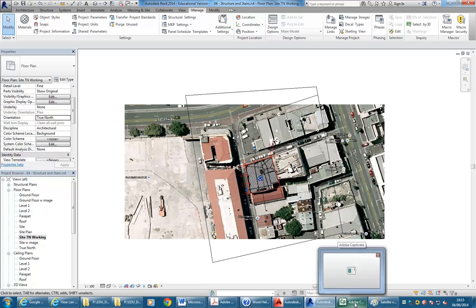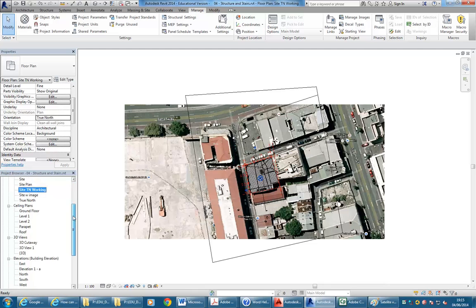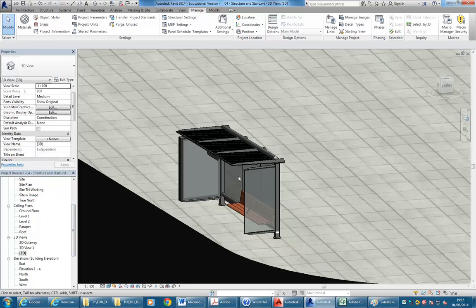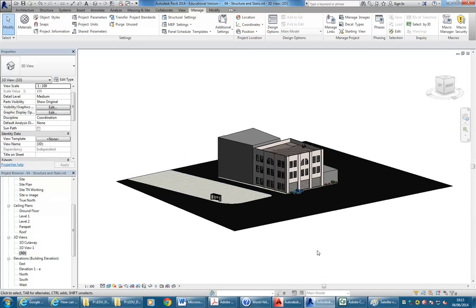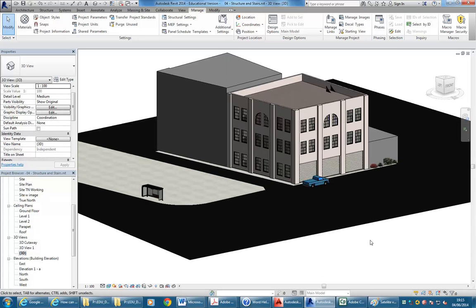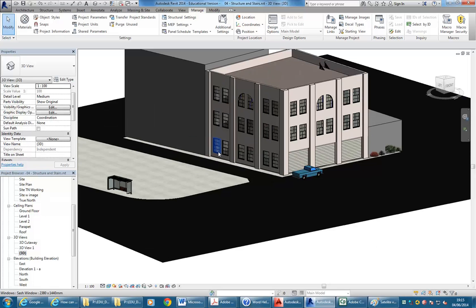And yeah, I'll finish that there, but maybe I'll just quickly show you the 3D view in the end, and what it looks like. There's nothing that special there, but once the building's in context, it starts to look much more complete, not just something